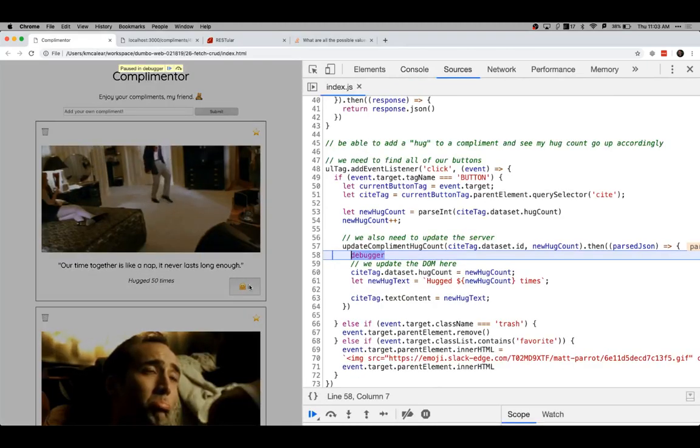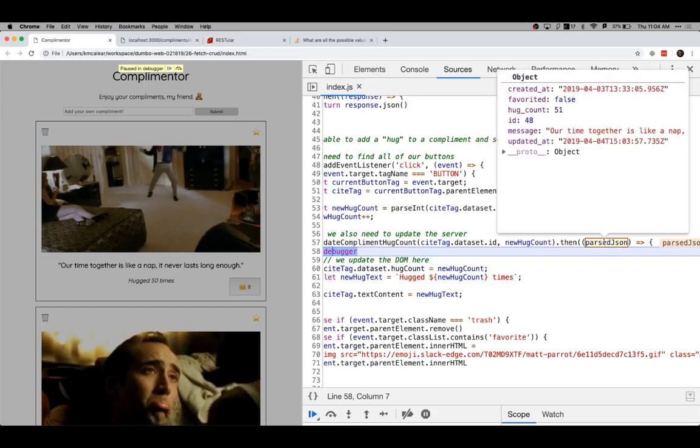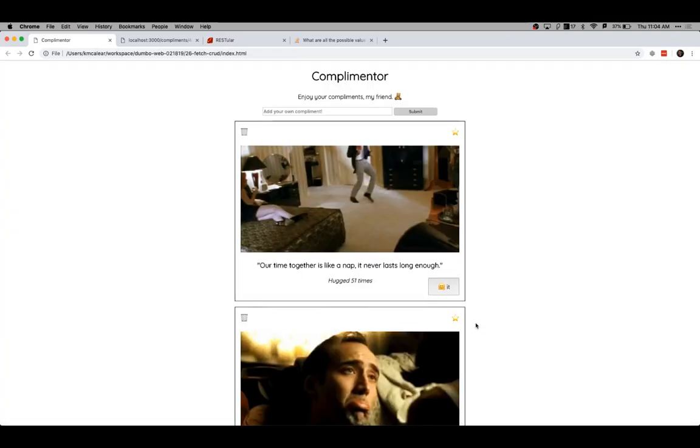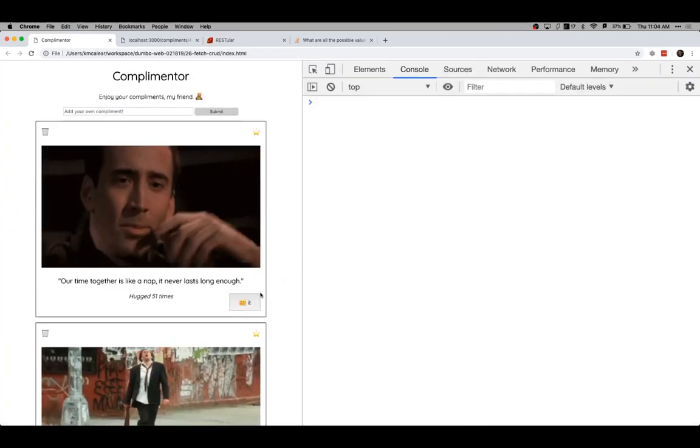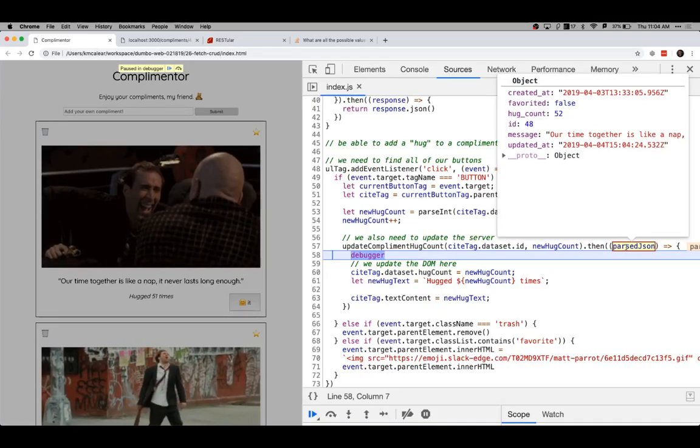Hug it. Cool, so this already went through. Now we're in the response. After we went to the server and said, hey, we're updating, we got the response back. We turned it into JavaScript, and now we're saying, now that that's done, then take that information. Looks like it worked. Then take that information, this stuff,